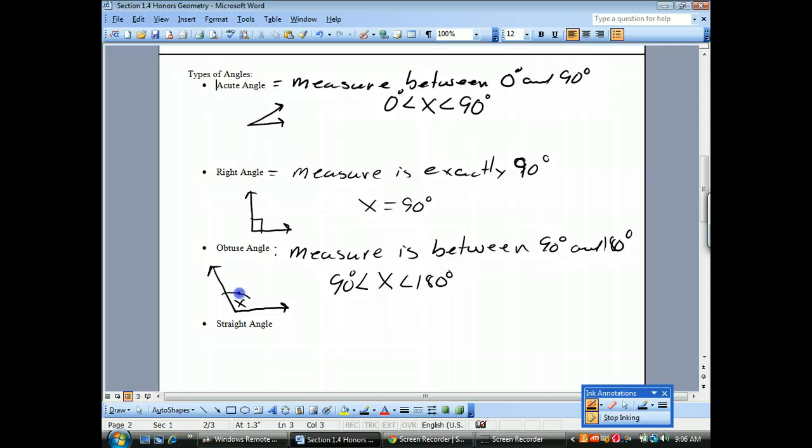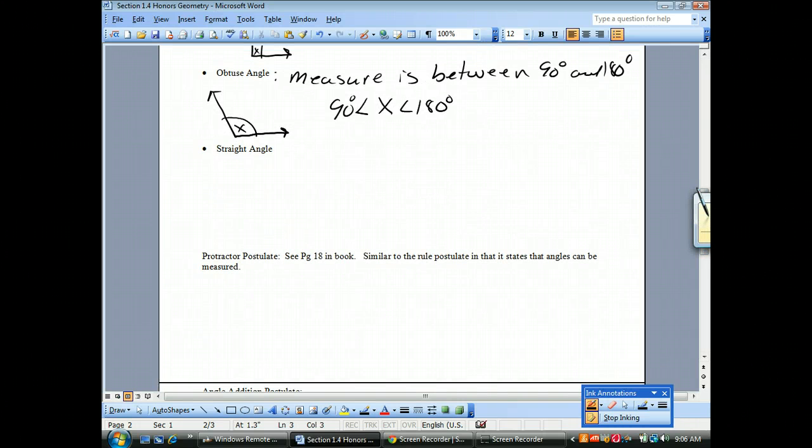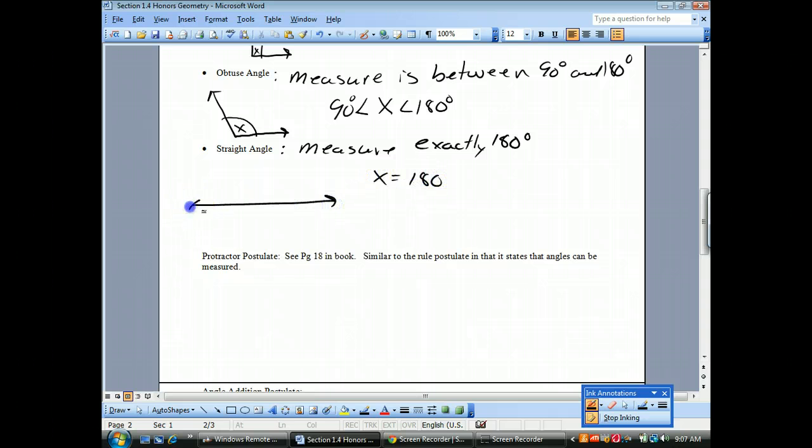So if this angle is x, this would look like an obtuse angle. I'll put my x's in there, okay? And then the one that most of us tend to forget about is the straight angle. The straight angle is an angle whose measure is exactly 180 degrees. So x equals 180. So a straight angle would look like this, and its measure